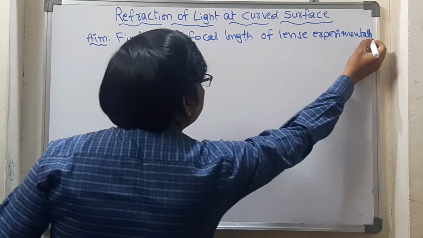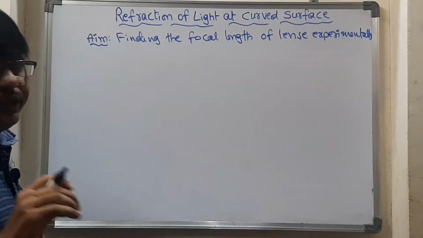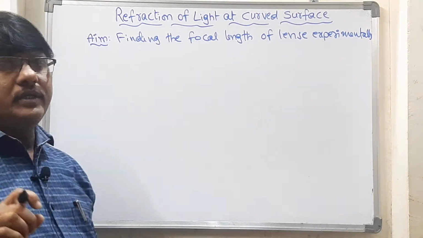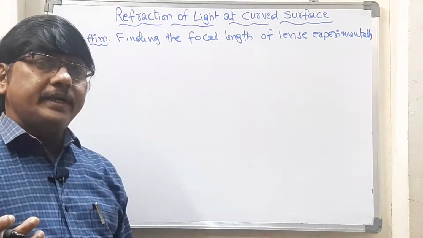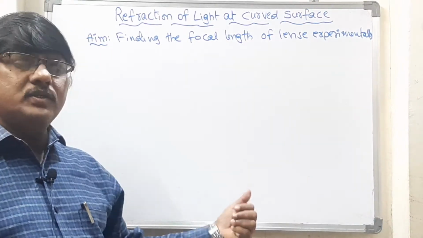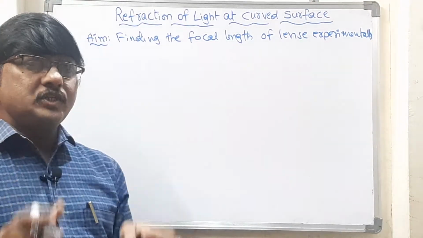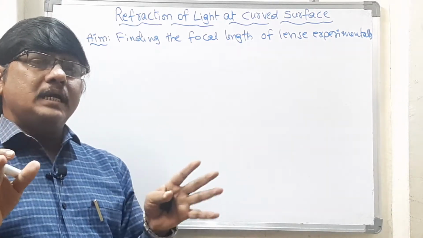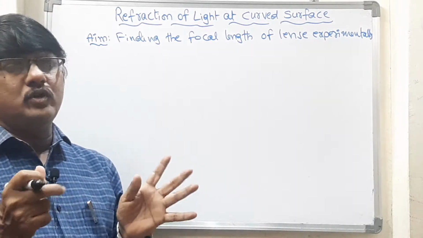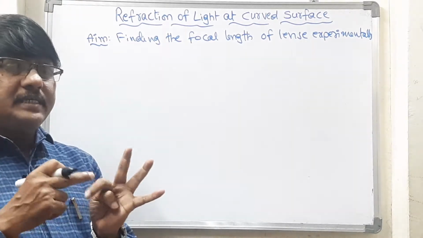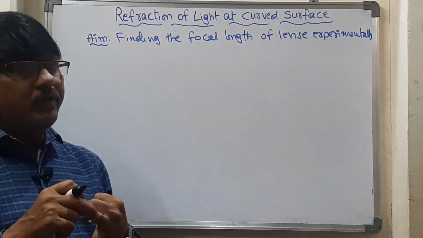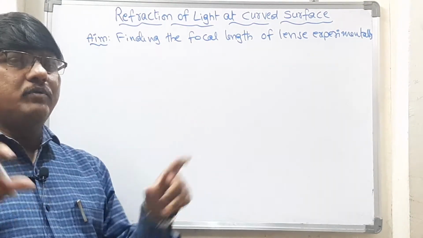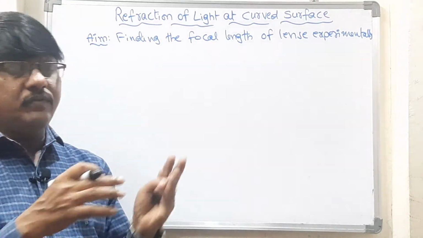So now let us take this. Whenever a question is given like this, how can you find out the focal length of a lens experimentally? First of all, we have to write what materials are needed, because the essay question has to be written in such a way that you get the maximum marks. So what are the steps you have to take? Aim, materials required, procedure supported by a diagram, and if possible one tabular form, means a table you should write. In that way we can find it out.